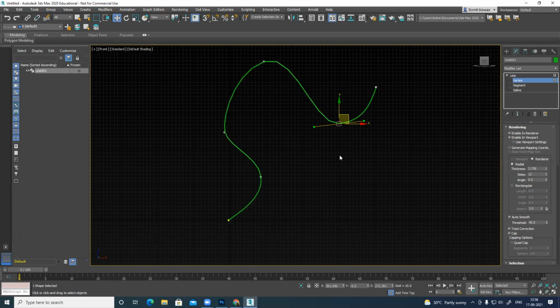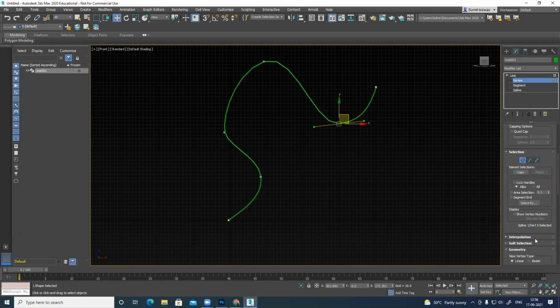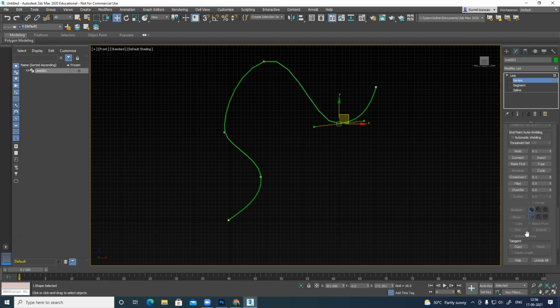Whatever shape you want, you can create that. And then let's see how this paper and all, right?